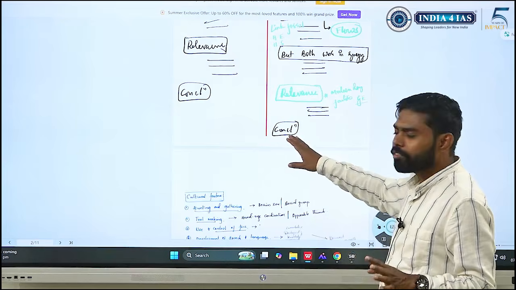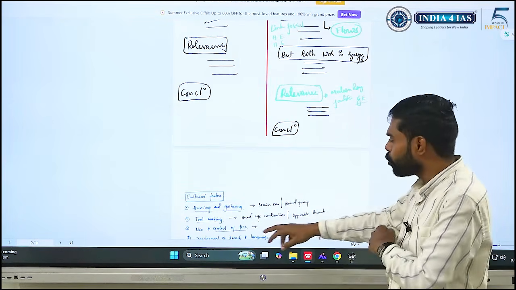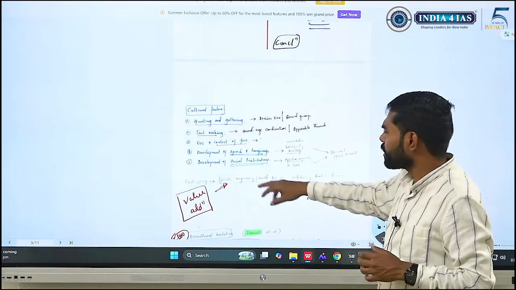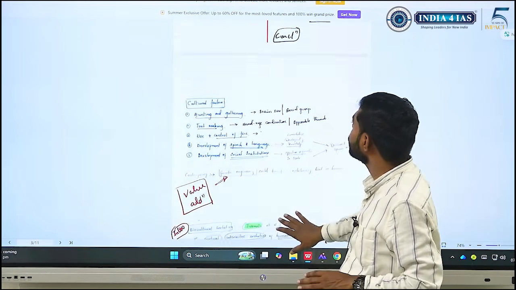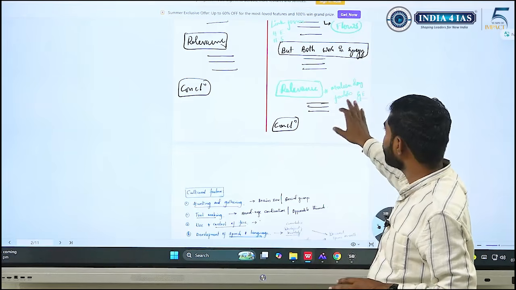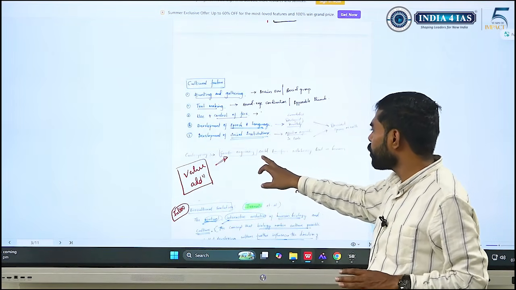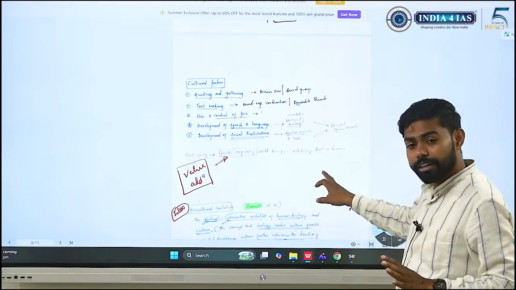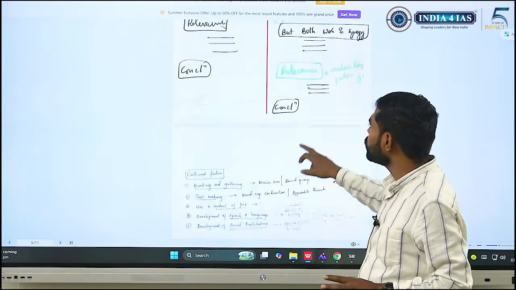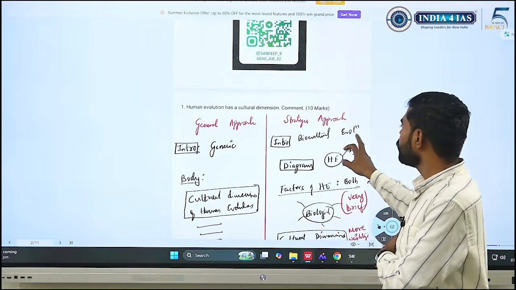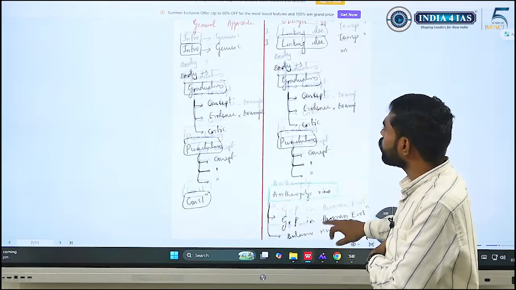And I am concluding it with a basic or strong conclusion, which I have. I'll show it. So cultural factors, I just tried to add it here, and we can add value addition in the relevance. Like I said, modern day factors, genetic engineering, I tried to use it. Genetic engineering could transform evolutionary trends in humans. And introduction, rather than a generic introduction, I tried to hit the bullseye. Biocultural evolution, that's what I tried to use.